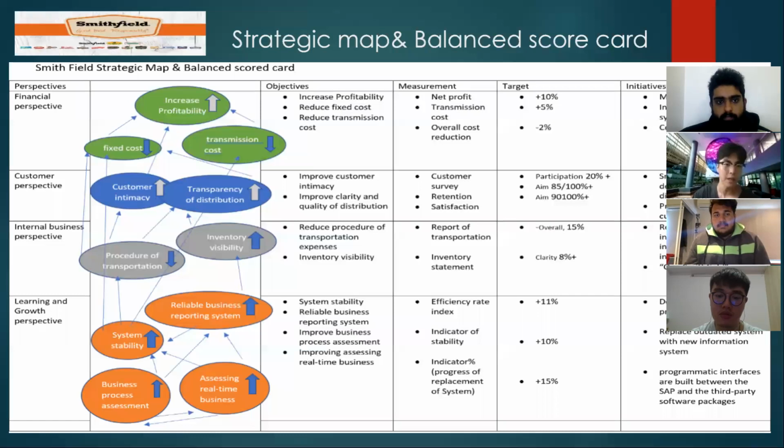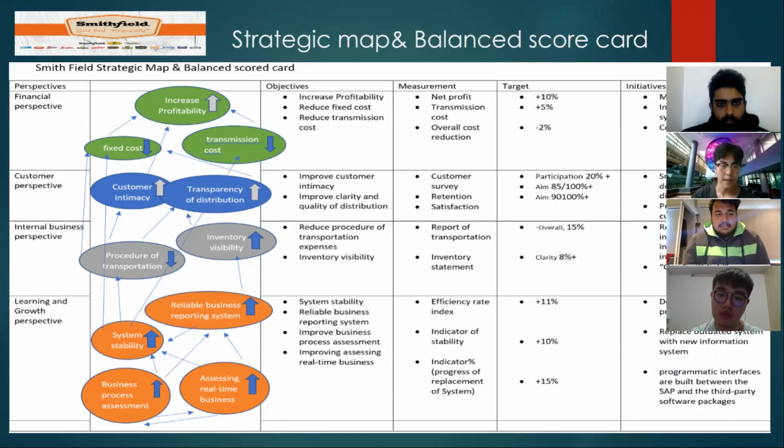So if we look at the Smithfield example in a visualized strategy map, there are a few strategic goals that Smithfield set up. The biggest goal was to replace the old IT system with the new one while minimizing losses through strategic methods. Under these circumstances, we can say that it starts at the learning and